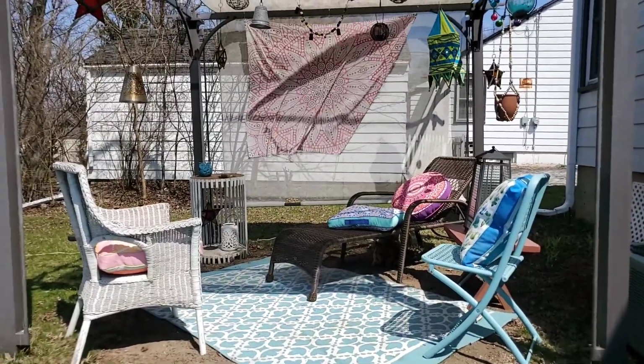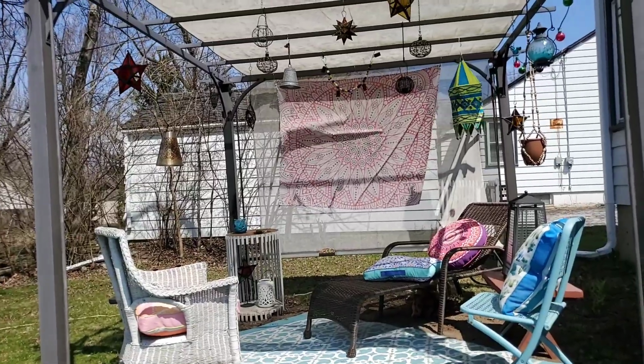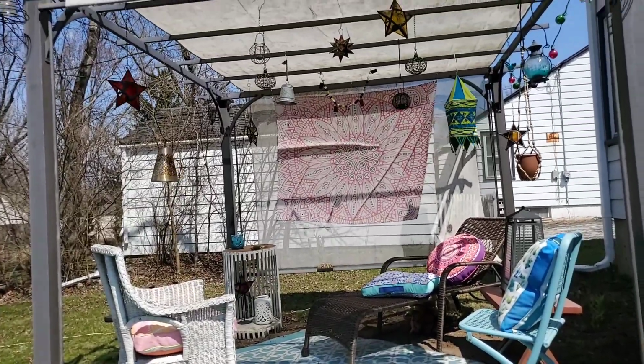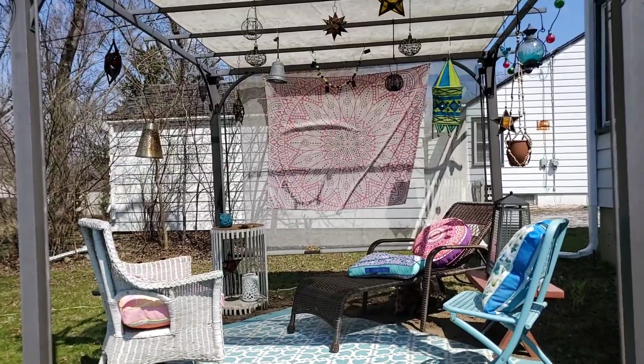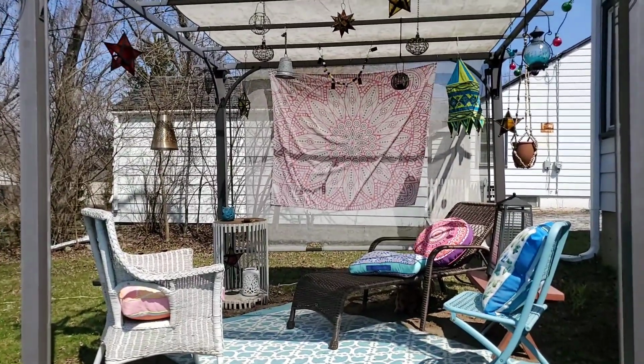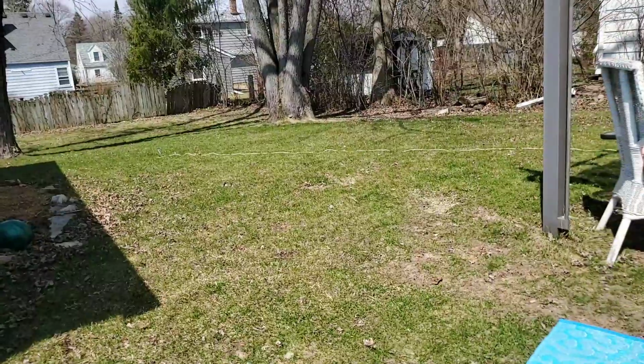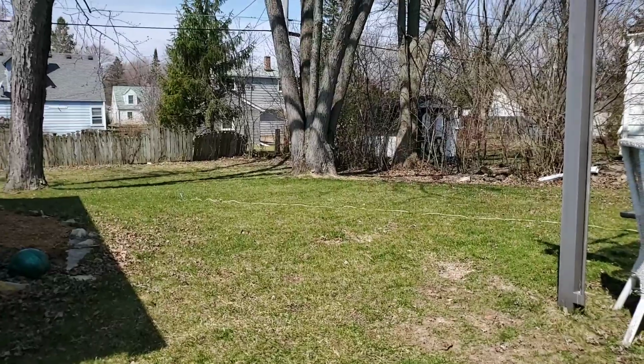But yeah, the birds chirping out here, I like that. I would love to put bird feeders out, but I can't afford to keep up the bird seed right now, so I don't want to draw them in and then shut them out. So, yeah. Anyway, if anybody has any ideas on what I can do out here,